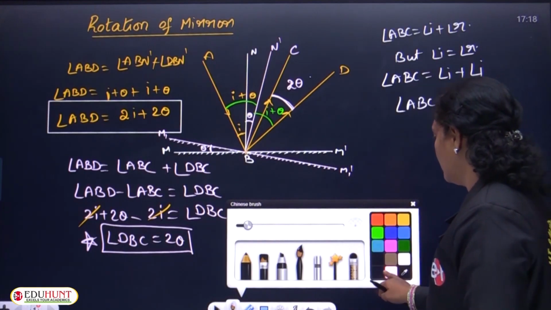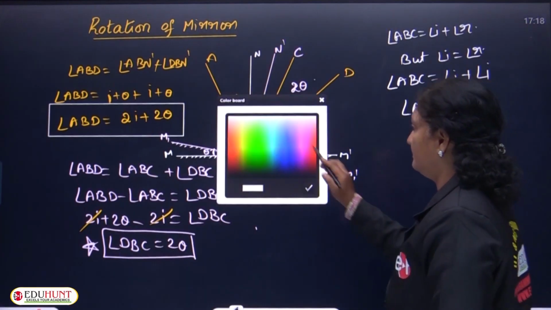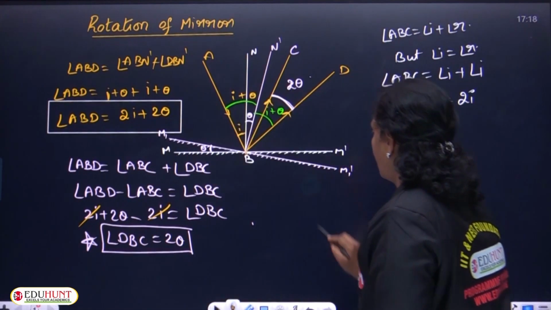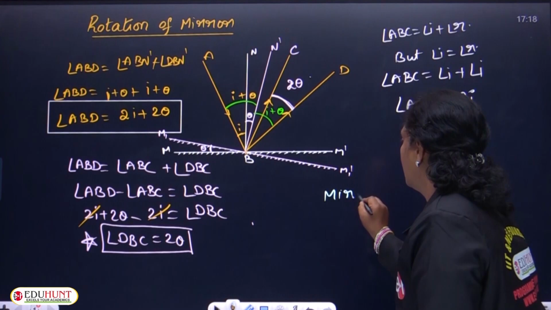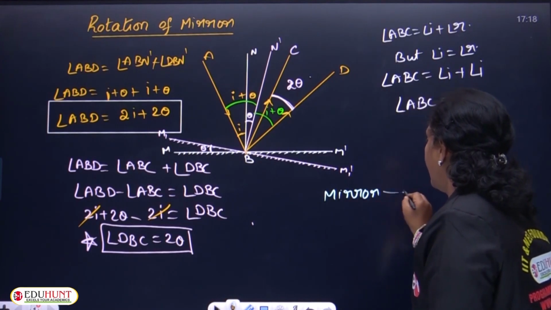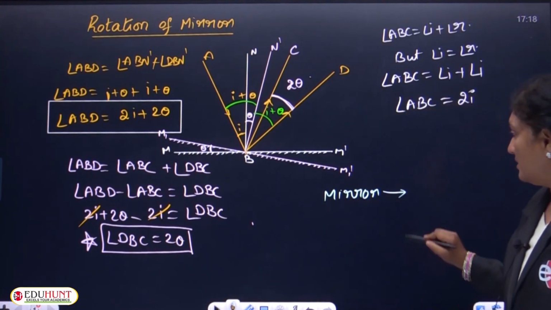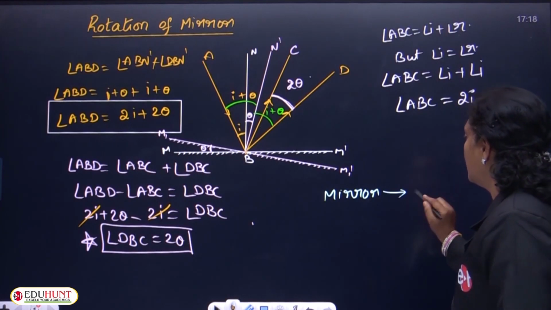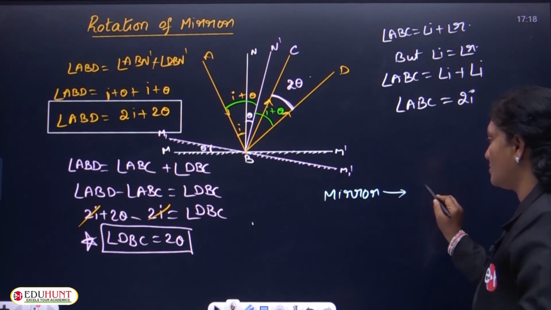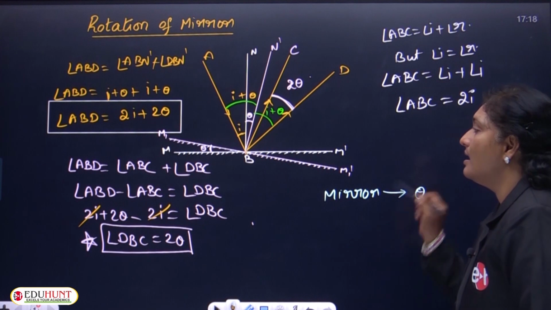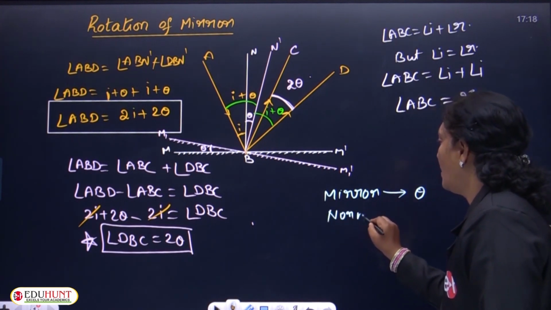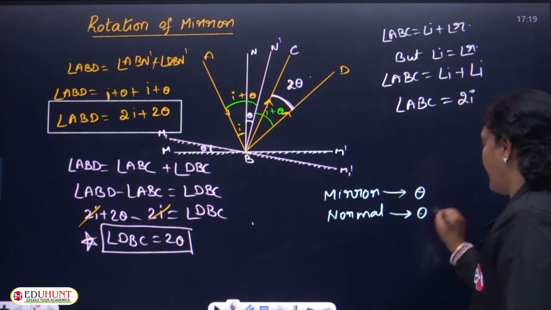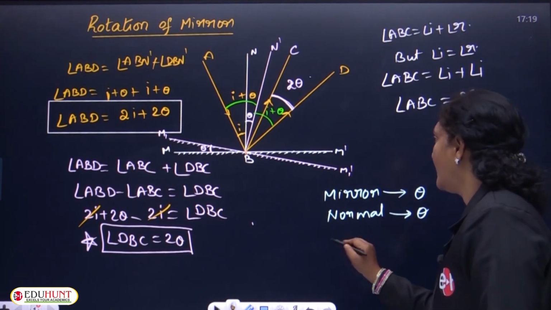First one: whenever a mirror is rotated by an angle theta, we observe that the normal also rotates by an angle theta, whereas